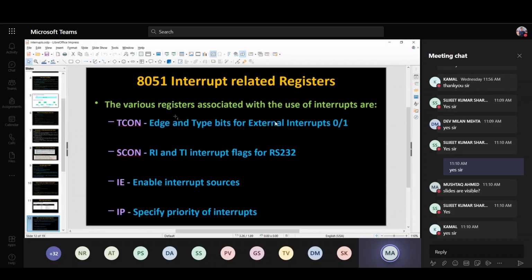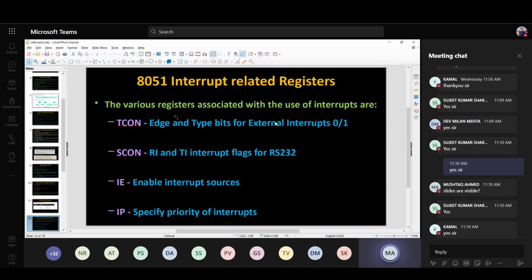It enables what kinds of interrupts can be disabled or enabled. We have seen there are two types of interrupts, maskable and non-maskable. Using this IE register, the interrupt enable register, we can mask any interrupt, meaning we can disable any of those 5 interrupts.